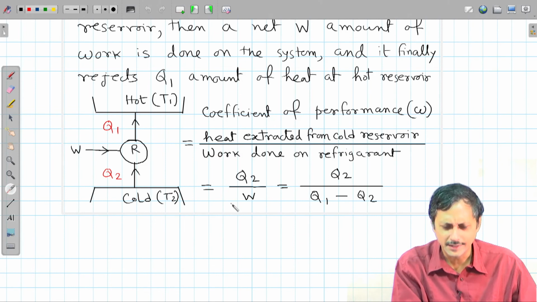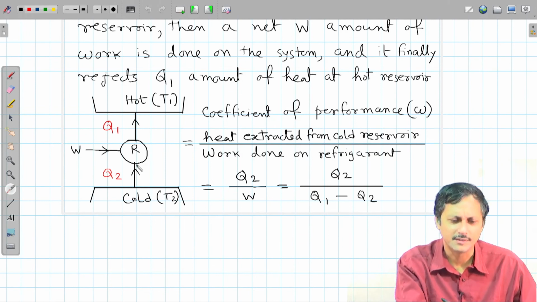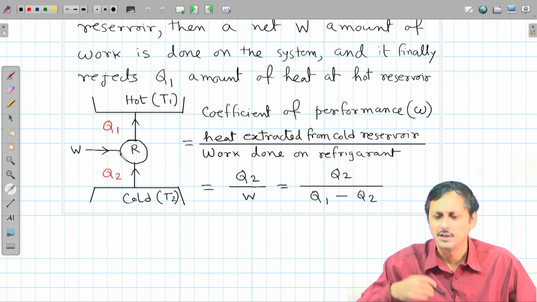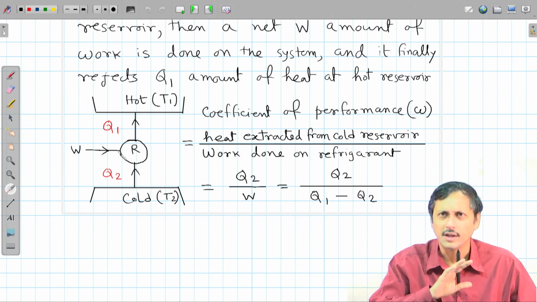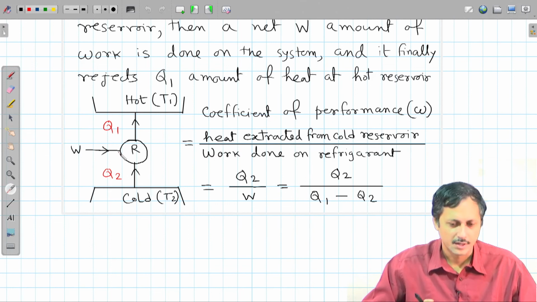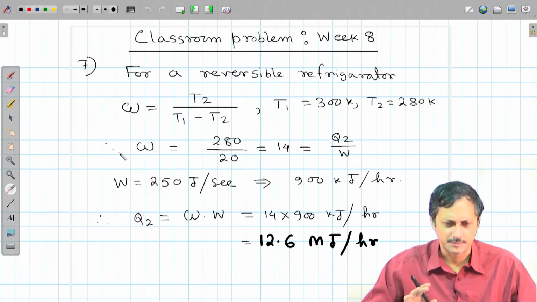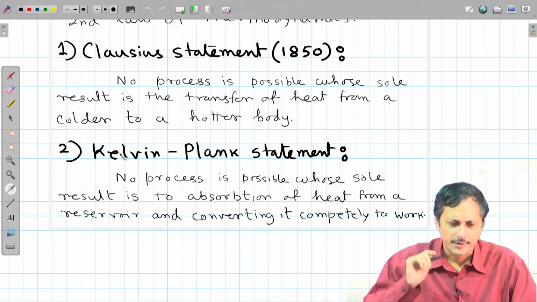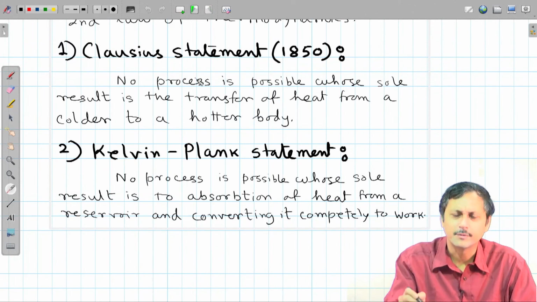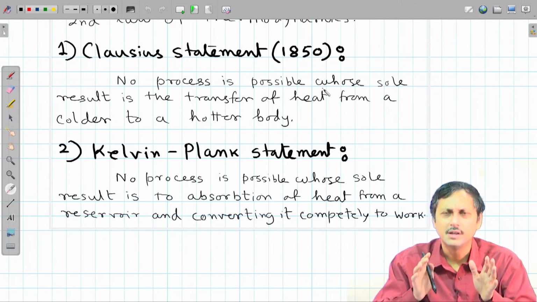So, it does not need any W. It just takes Q2 amount of heat and discards the same Q2 amount of heat to the hot reservoir without any external work, right. So, it is kind of a perpetual machine. So, the Clausius statement discards the possibility of an ideal